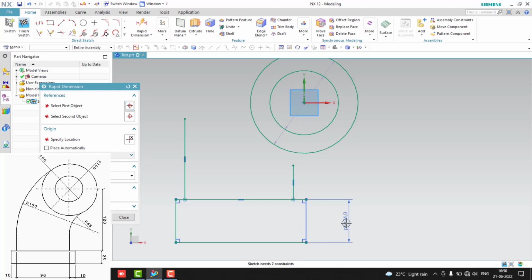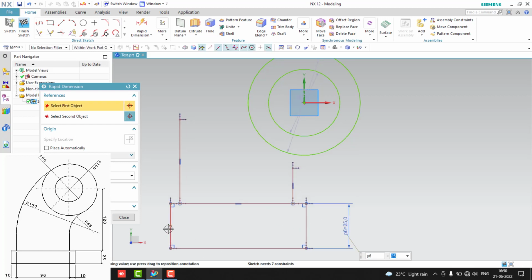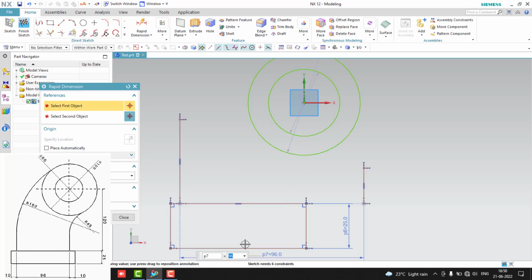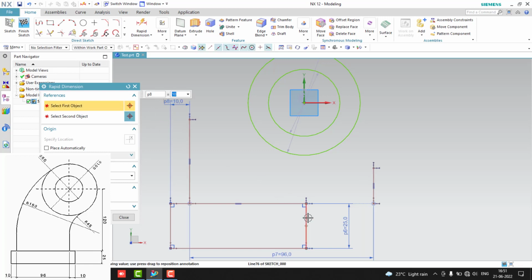From, okay, the total is 25, and from this edge to this it is 10. This is 96, and you can assign these side dimensions, that is 10 and 10 both sides. From here to here it is 10. And if you want, you can drag it by just coming out of the rapid dimension and drag the line